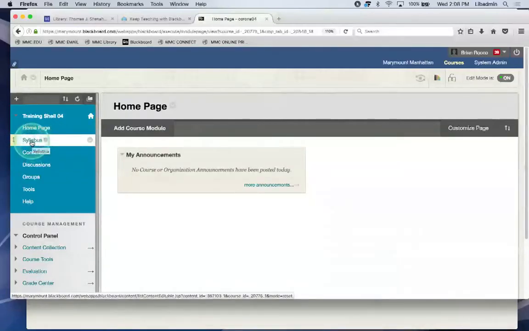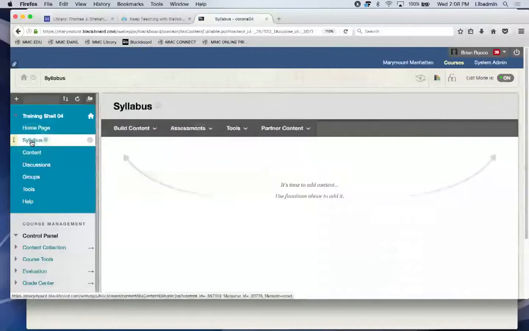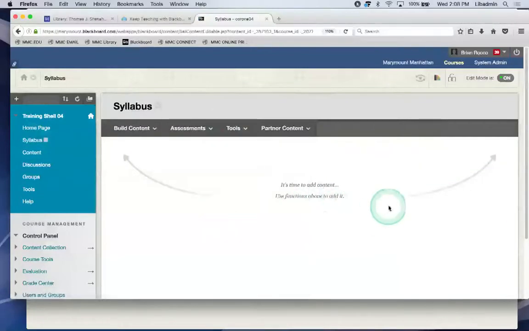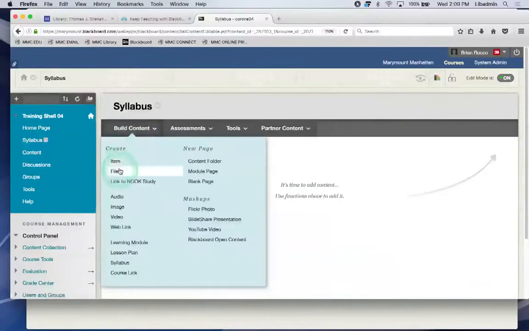So let's click on syllabus. This is basically your stage where you're going to upload content and assessments and things like that. So to create a syllabus, we have two options. You go to build content, and the top two items are what you're going to be using all the time. The main difference between posting an item and a file is simple. A file is just